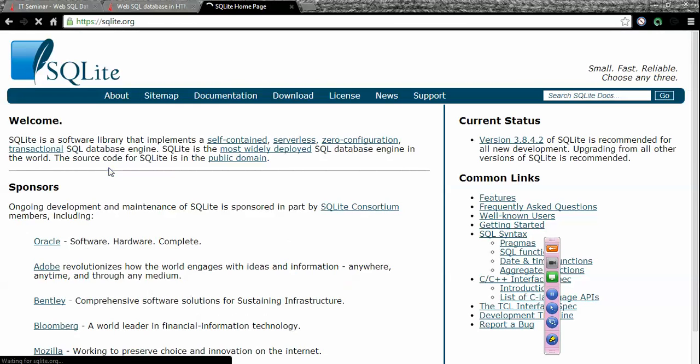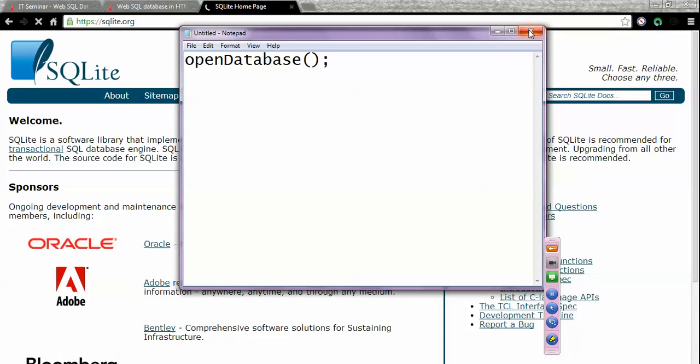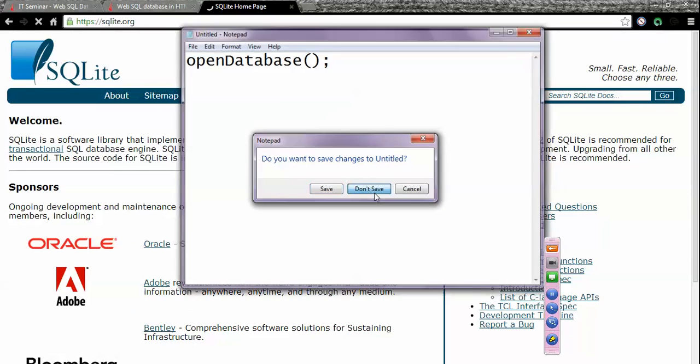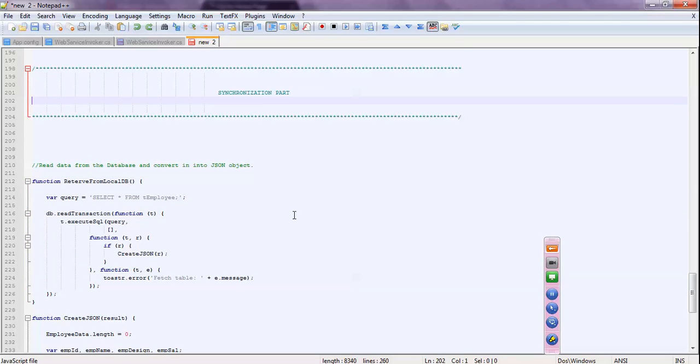How will it synchronize with the server? I'm just showing you this part. I'm just showing you the demo. Okay, so for the synchronization part,